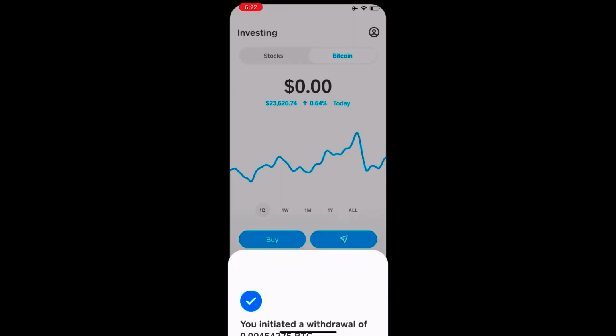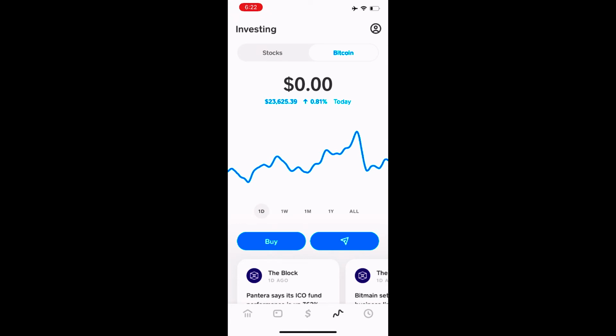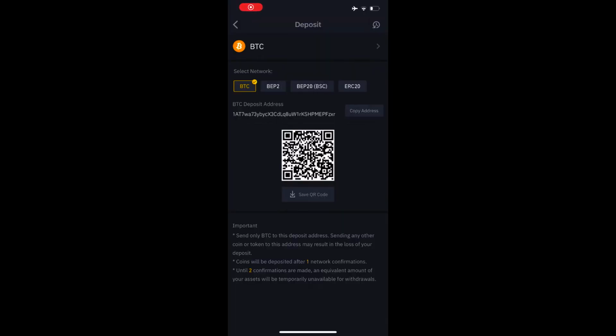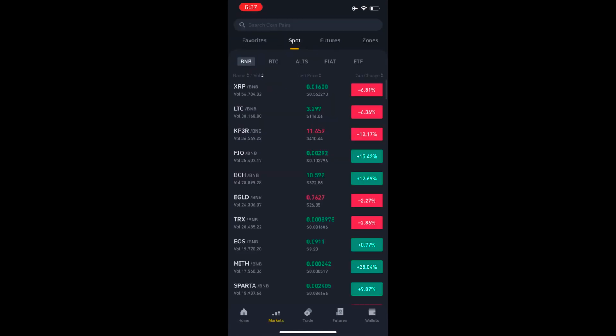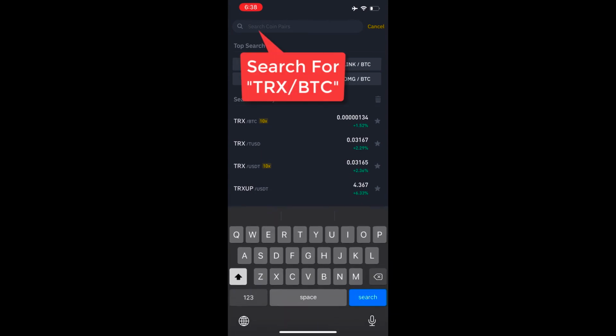And it takes a few minutes to clear the blockchain. You can see here it's no longer in Cash App. And go back over to my Binance app, click back, and look, it's arrived. I've got 107.51 now. Remember, I started with 110. So click here on markets. And then I'm looking for the BTC trade pairs. And I'm going to search for